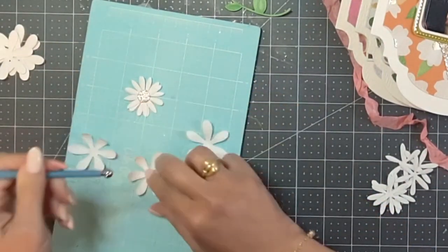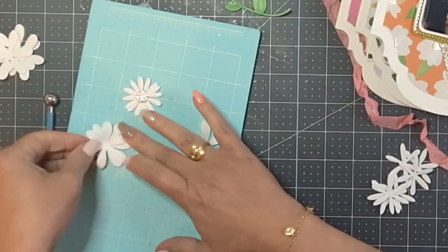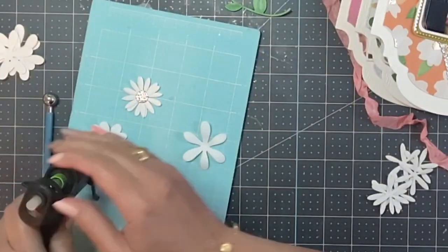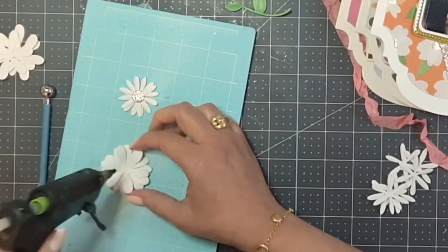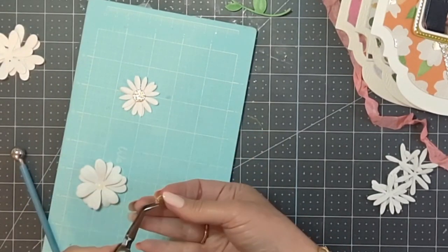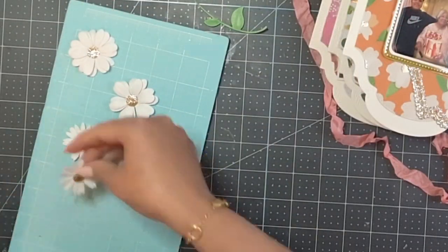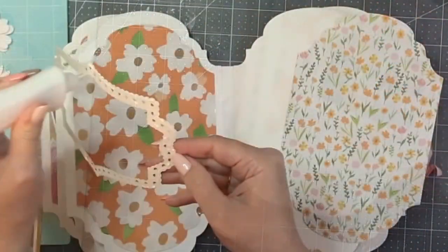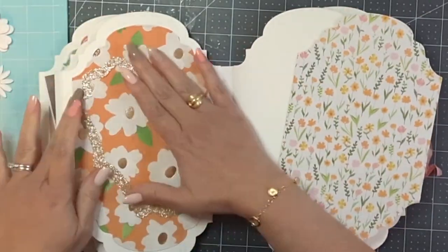It's a wonderful way to use your leftover white paper, in fact, and I create the little flowers by stacking 3 of the die cuts together, and that's how I made every single one of them. And then for the centers to match my book, I cut those little centers out of the gold cardstock as well. So that little leaf that you saw there, I actually colored with an alcohol marker to match the green